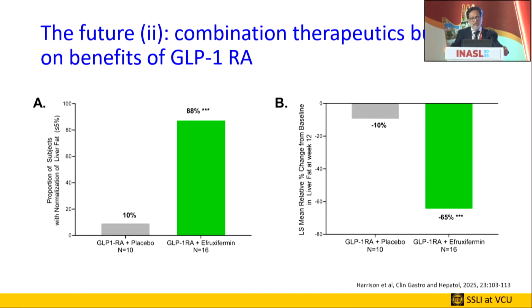So these are very early data from efruxifermin from the phase 2, where there were some patients who were already GLP experienced coming into the study. And you found that in these GLP experienced patients, the addition of efruxifermin really added to the benefit, whereas in the placebo arm, these patients really did not change that much. And both in terms of the proportion of subjects with normalization of liver fat, shown on the panel A, and then the proportion of people whose liver stiffness improved. And you can see it's a dramatic improvement in liver fat over here. So there's some early data that combinations may work.